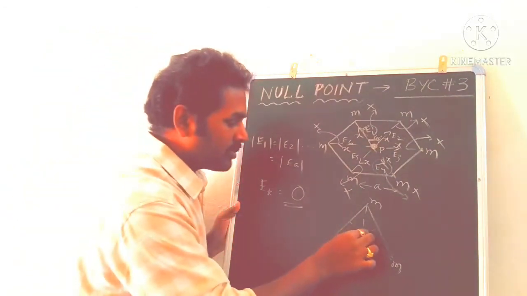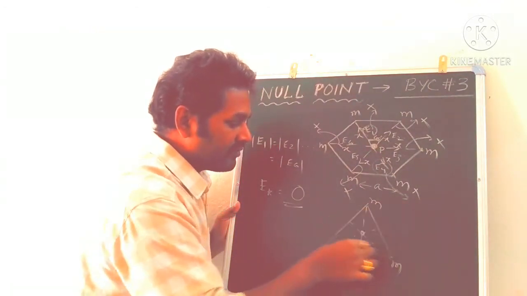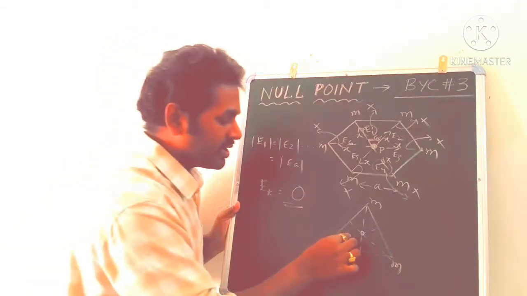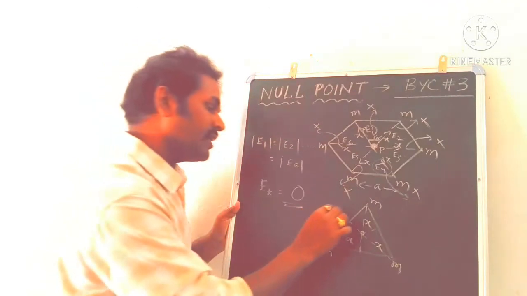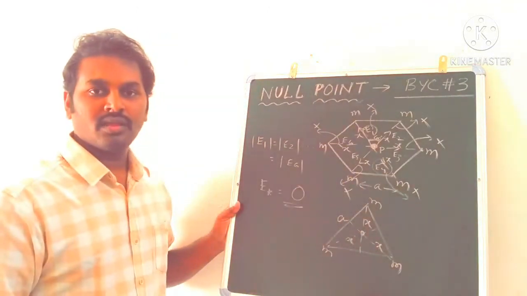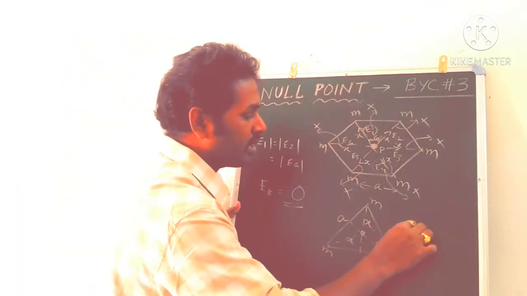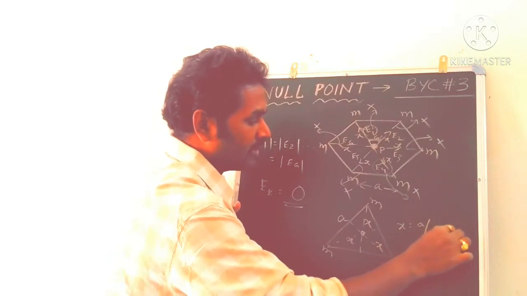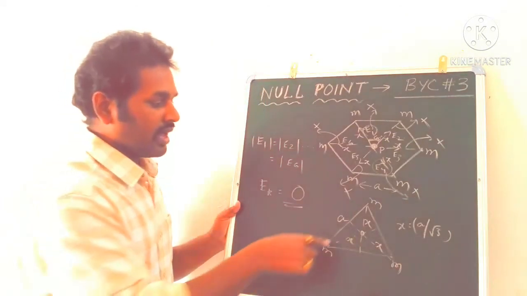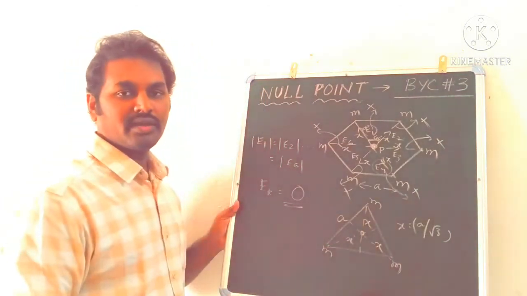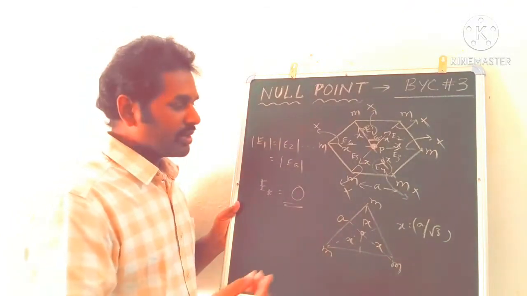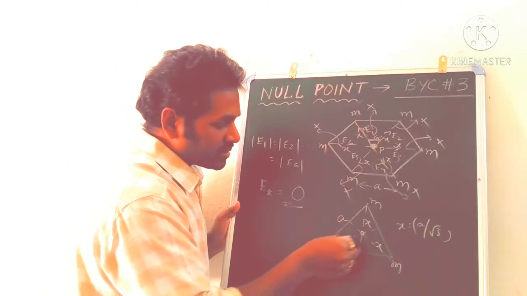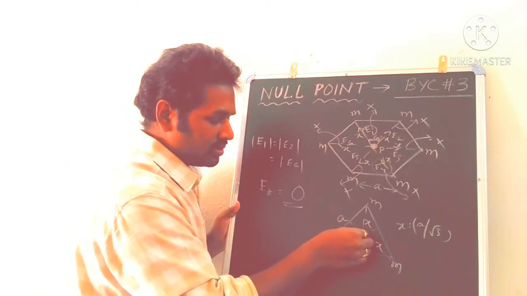The same thing. From this point to each and every mass, the distance is same. Let it be taken x, x, x. The side length you can take as a. And here the x comes as a by root 3. By using geometry, we can find the x in terms of a, how much you will get? A by root 3. But it is not necessary